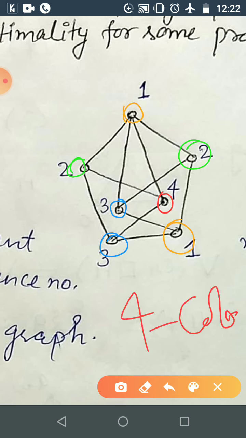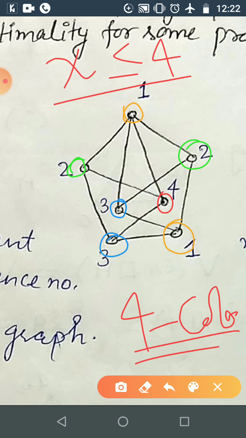Okay, so we have shown a proper 4-coloring for this graph. So from k-colorability, as you already know, the chromatic number of this graph will be less than or equal to 4, because this is 4-colorable. We have shown a proper 4-coloring. Whenever it has a proper k-coloring, the chromatic number will be at most k. So here 4, so it will be at most 4. If you are able to show it is at least 4, then we will be done with exactly equal to this one.